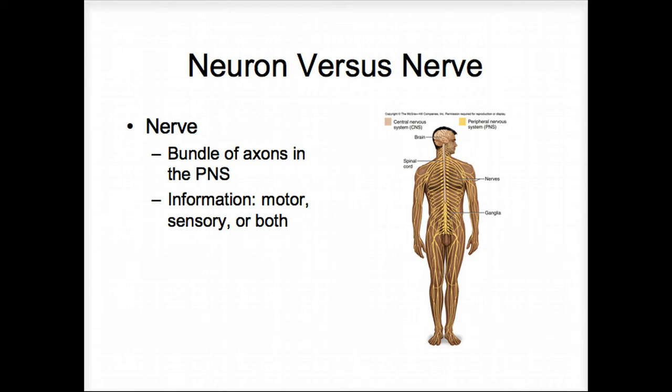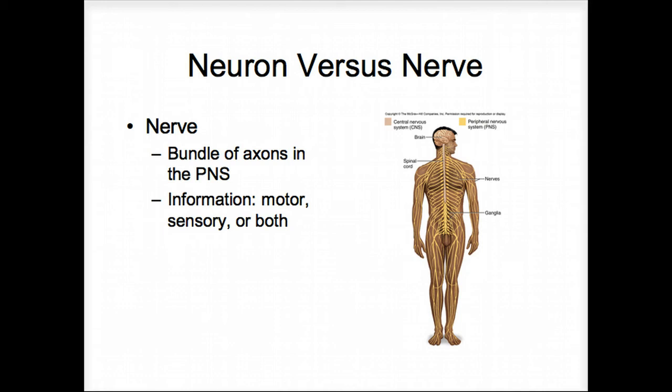So basically you've got many different axons involving many different neurons, and these axons are going to be closely associated with each other, almost in a cable-like structure, and this is called a nerve. So a nerve will travel to a certain part of the body,